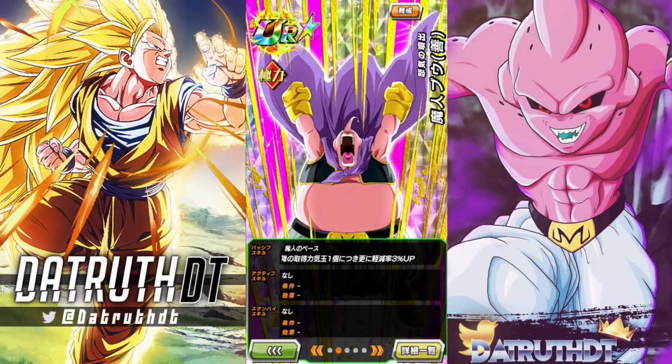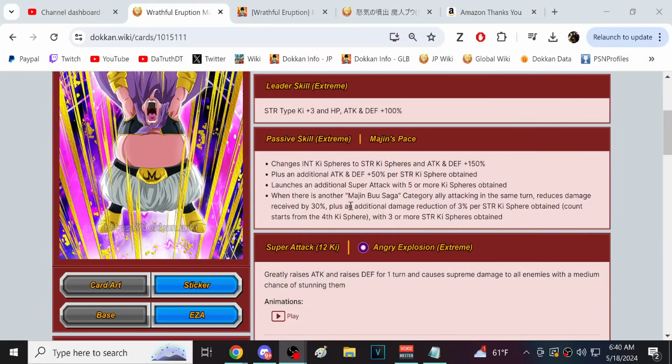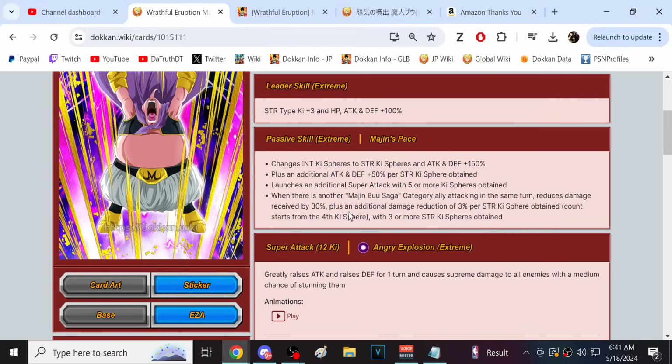Wait a minute. This is written very odd. Hold on. So, when there is another Boo Saga category ally attacking in the same turn, 30% damage reduction. And I'm going to assume that's with the 3 STR key spheres. So it's like reduce damage sweep by 30% as long as you've got the 3 STR key spheres, right? And then he's also going to get 3% damage reduction per STR key sphere attained from the 4th